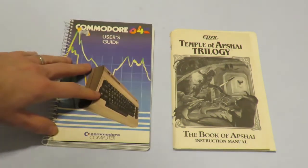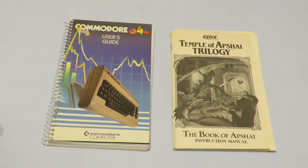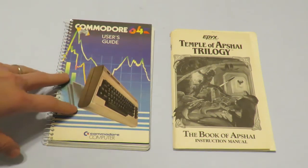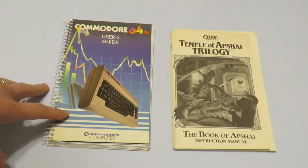And the reason I'm showing you this, and all of these books actually, is I would say randomly, but not really, I picked out some of my favorite books for my collection. And you've already seen my collection, so you saw how many books I have. So you know that these books mean something to me. This means something to me because it's the first computer I ever had. I got it in about